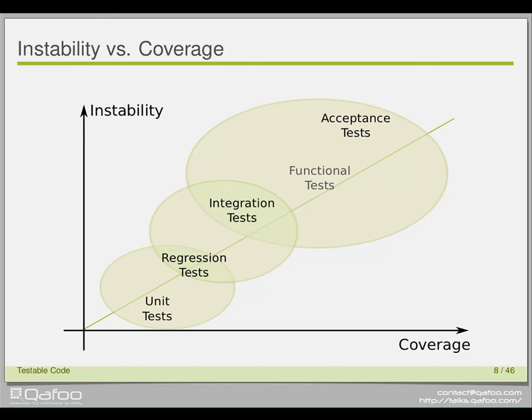However, whenever you change anything in the backend, like displaying a button somewhere else or changing the way the button is displayed on the front page, you can basically throw that test away and create it from scratch, which makes it pretty much unstable. On the other hand, in this graph, you see at the bottom here that unit tests